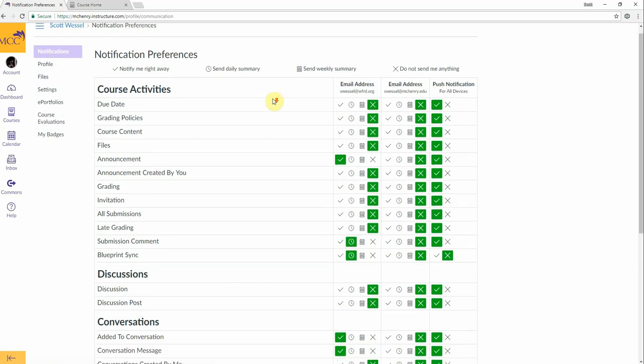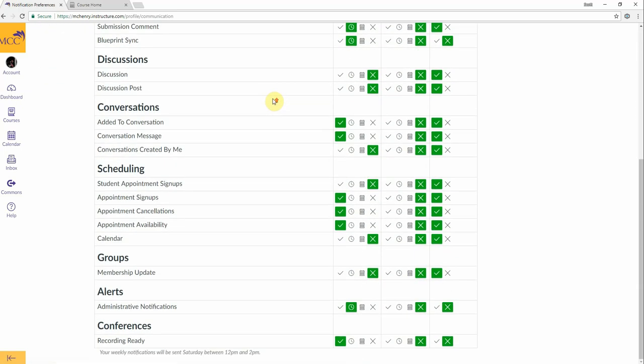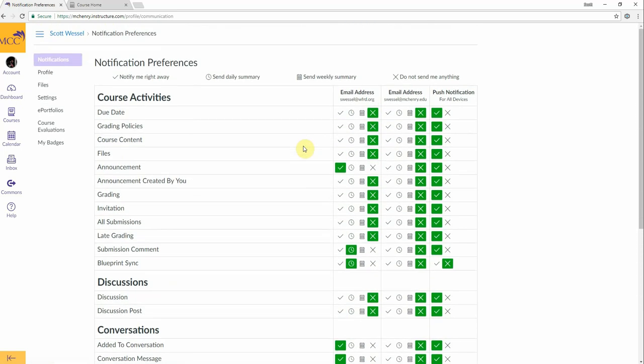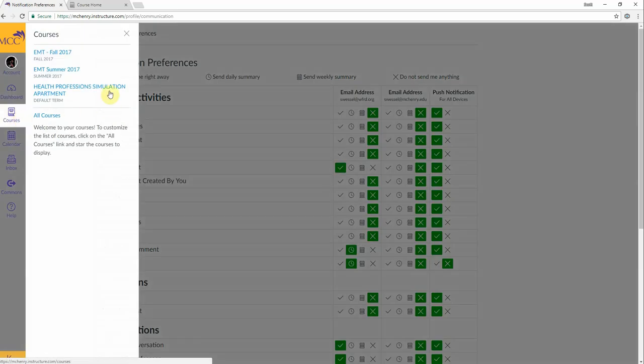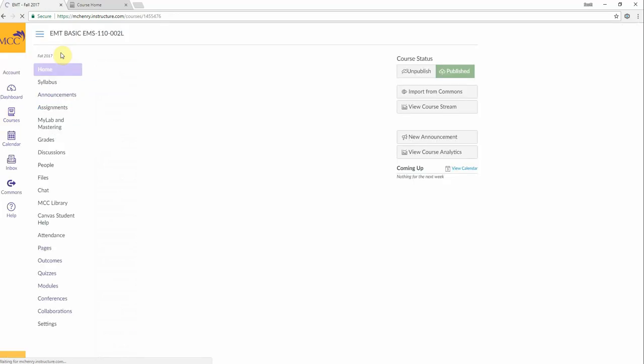Now with notifications, there are lots and lots of different options for how you get notified and when. All I ask is that for announcements right here, you set that to immediately. And everything else, it's up to you. But as long as that is set to immediately, if I post an announcement, it'll come directly to your phone and it'll let you know of the change. So going back, we're going to click on our course, Fall 2017,